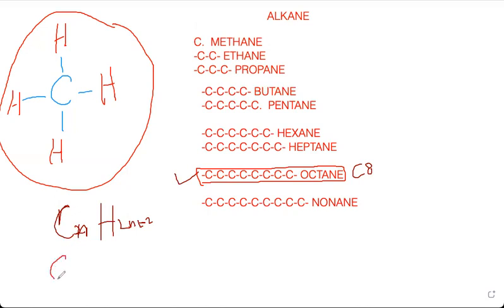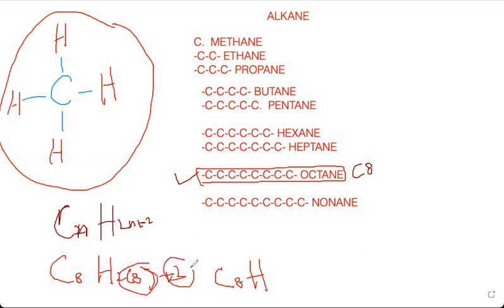So you can say C8H2n plus 2, where n means number of carbon, again 8. So you will get the formula which is equal to C8H, 2 multiplied by 8 will give you 16, and plus 2, 18. This is the formula of octane. If you know the general formula of the alkane, you can easily find the formula of octane in a minute, but there could be chances of mistake.